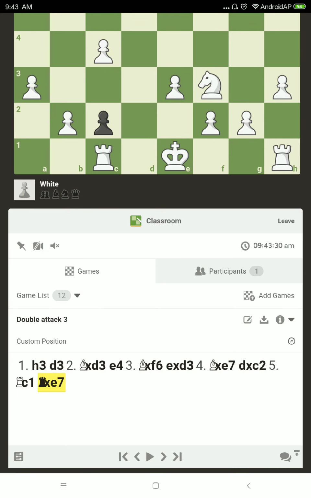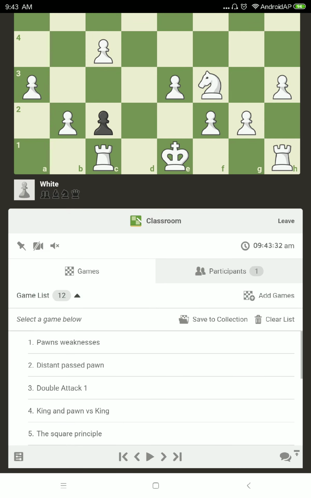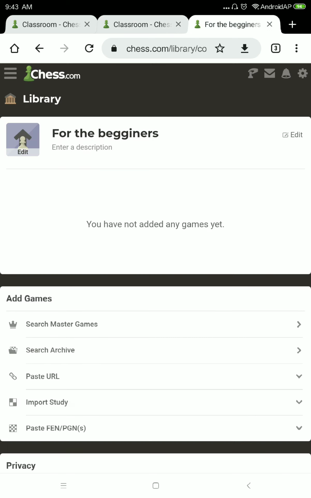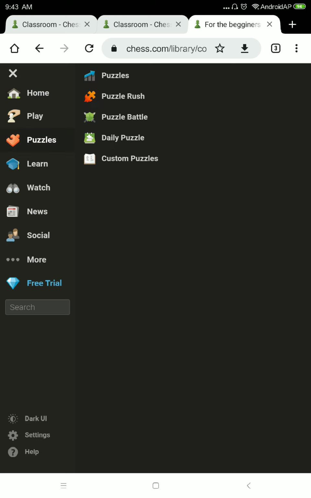Okay, that was a double attack, that was a tactic, but those are just examples. You need to learn to solve puzzles with double attack. I will show you how to do that. I will open another. Here is chess.com. You can solve puzzles, custom puzzles, and that is your homework. You need to do that